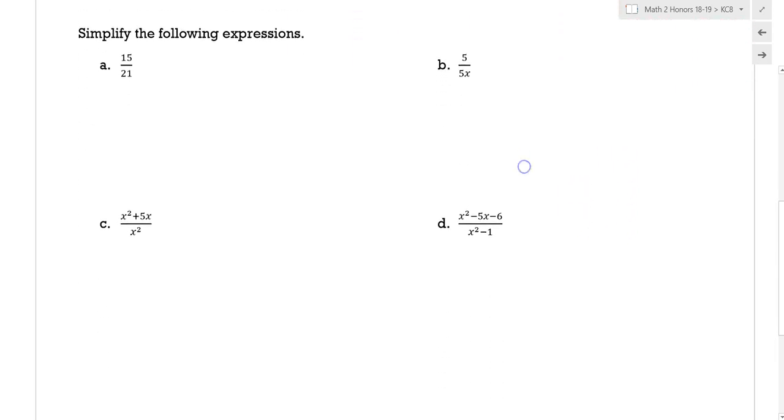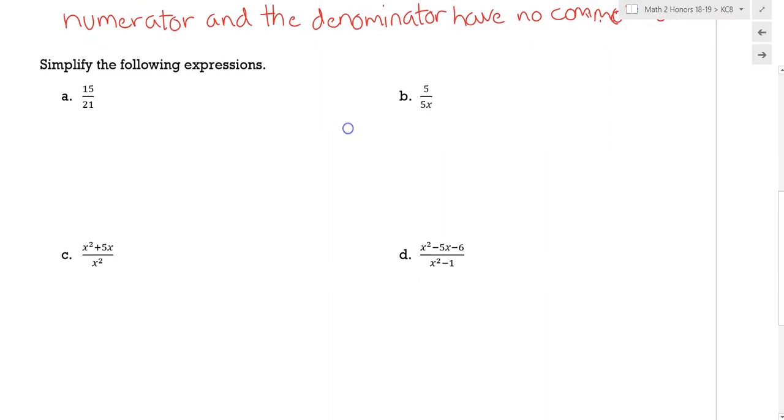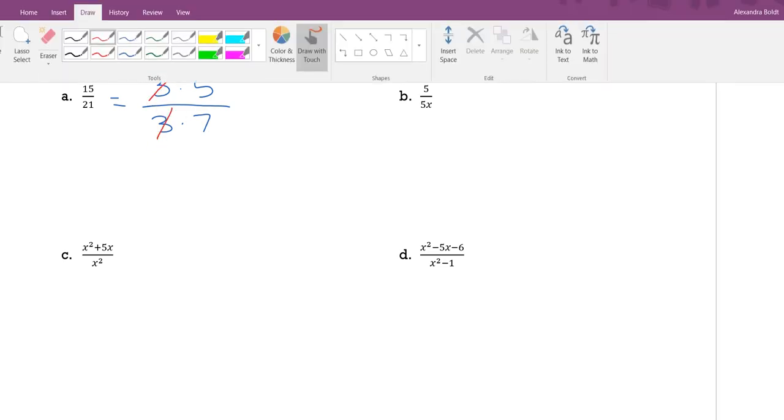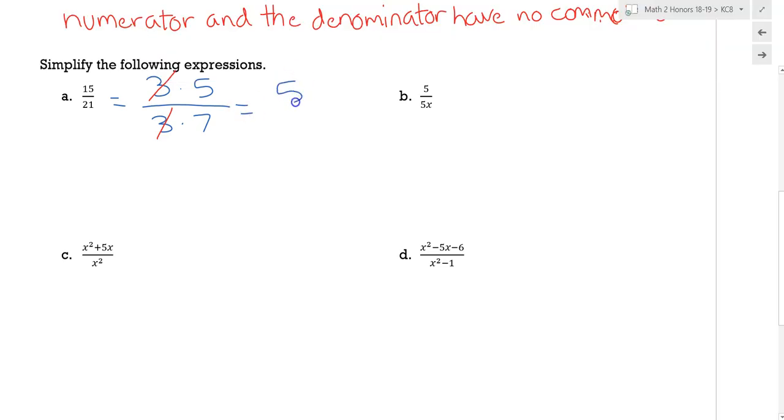Right. So our first one, we're going to simplify these expressions. So 15 over 21. Right. If you think about the fraction 15 over 21, we can simplify that. And you're thinking about what are the factors of 15 and what are the factors of 21. So 15 is really 3 times 5. And 21 is really 3 times 7. Okay. They have a common factor of 3. So it simplifies to 5/7, right? That we've all done before. So we're going to kind of connect it back to that idea once we have